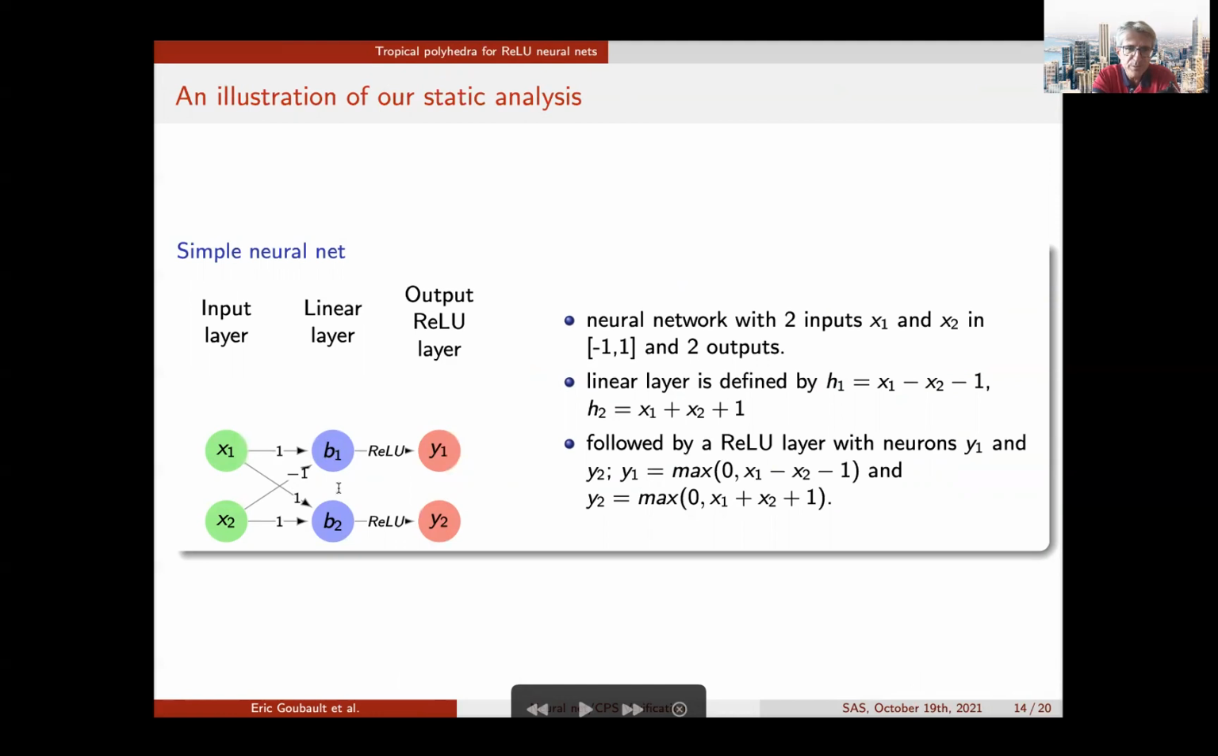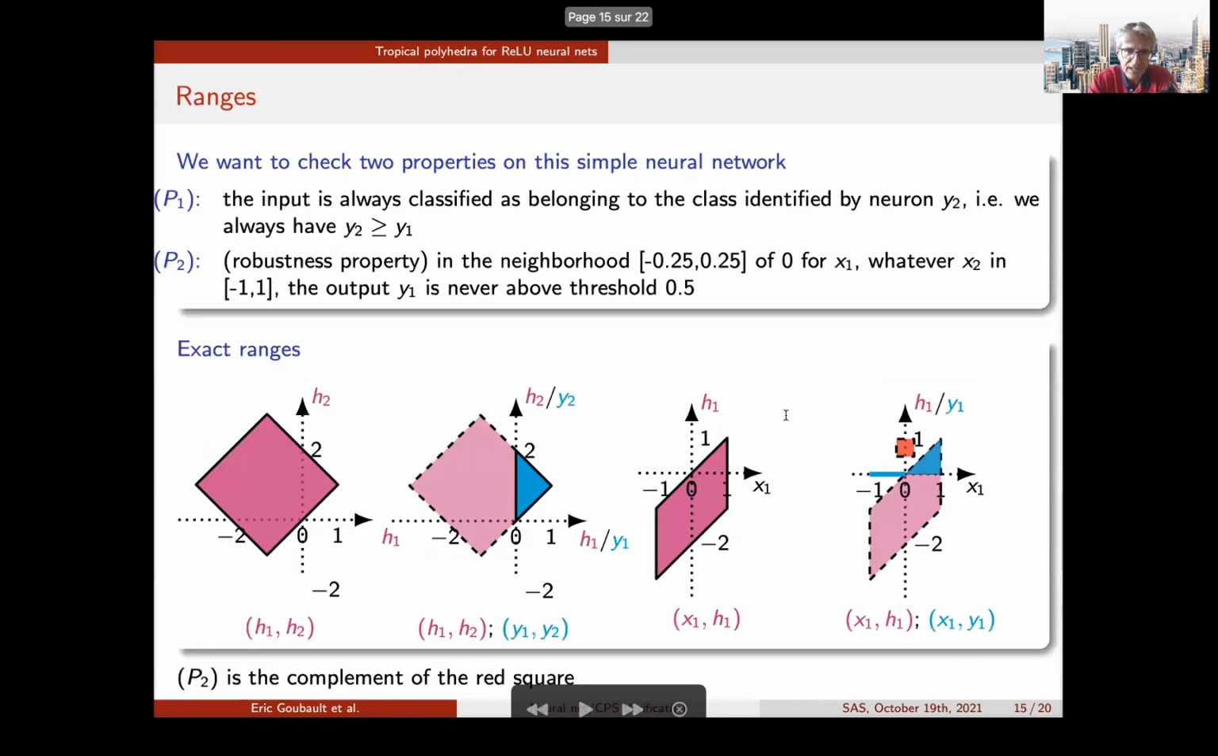The biases are B1 and B2, which are respectively -1 and 1. And this is here the linear layer giving H1 and H2. And then the output layer gives the outputs Y1 and Y2 by these max formulas here. And we're going to use our tropical abstraction to prove two properties, not only the ranges, but also two properties, P1 and P2. First property tells you that we're always going to classify class 2, the one given by neuron Y2. So it's equivalent to saying that we're going to prove that Y2 is always greater than Y1 for all